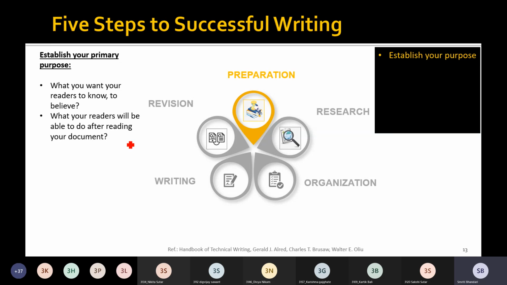Whenever we are writing something, that document should have some outcome. So what your readers will be able to achieve after reading your document, that is one more question that you need to answer. Whatever the answers to these questions, that will form your primary purpose.